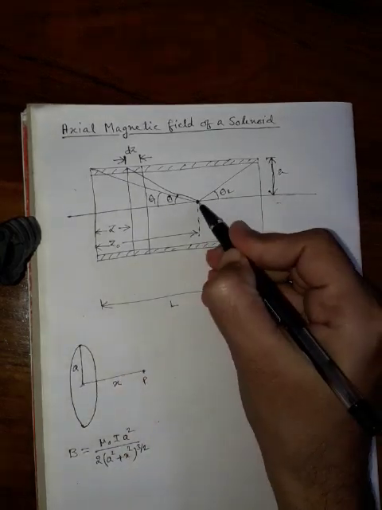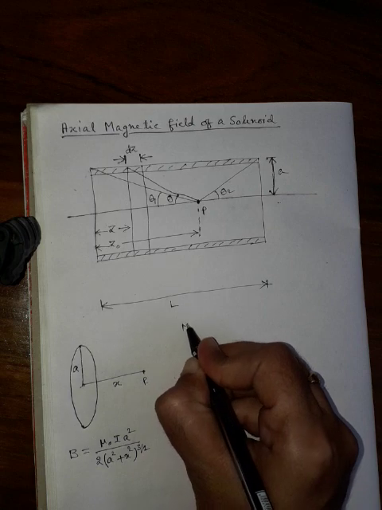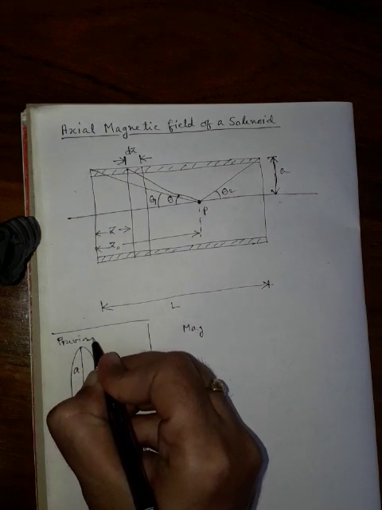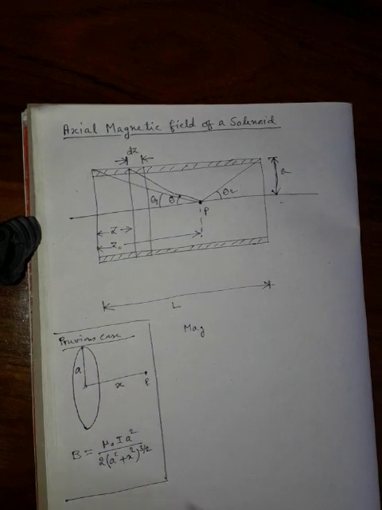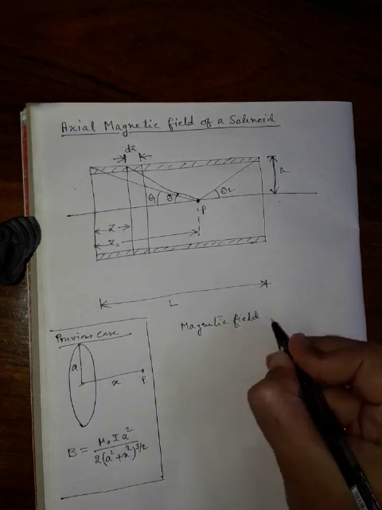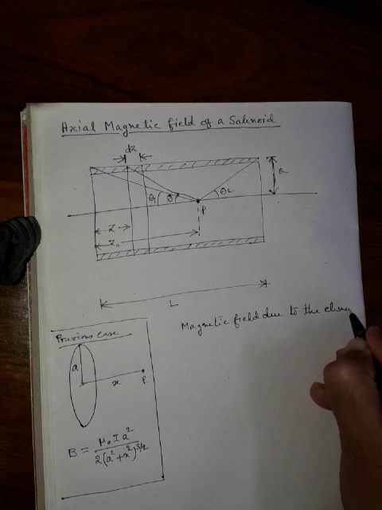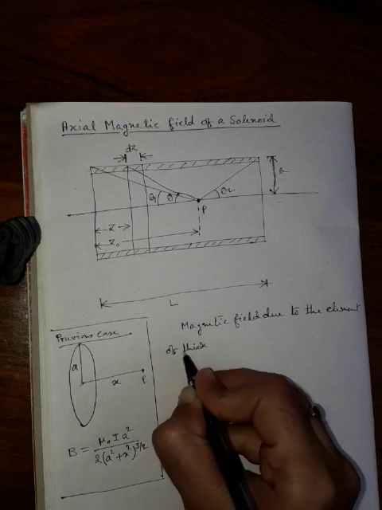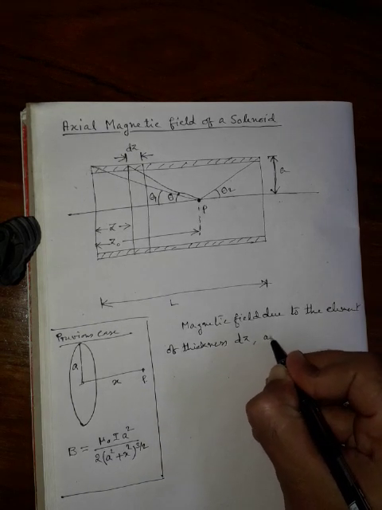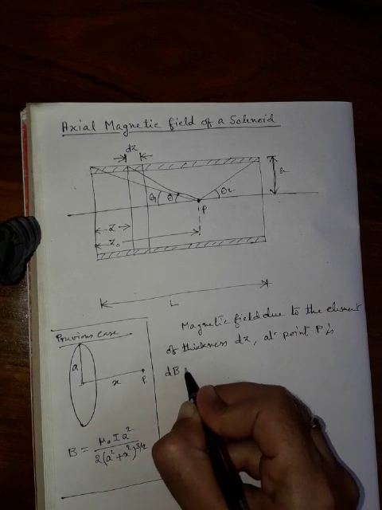Now for this case, at the point P, the magnetic field due to this element of thickness dz at point P is dB is equal to